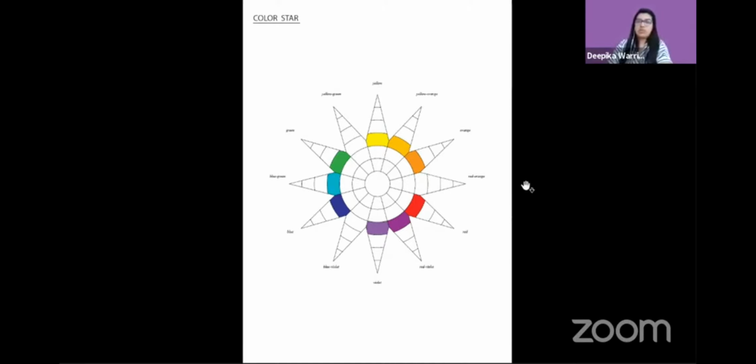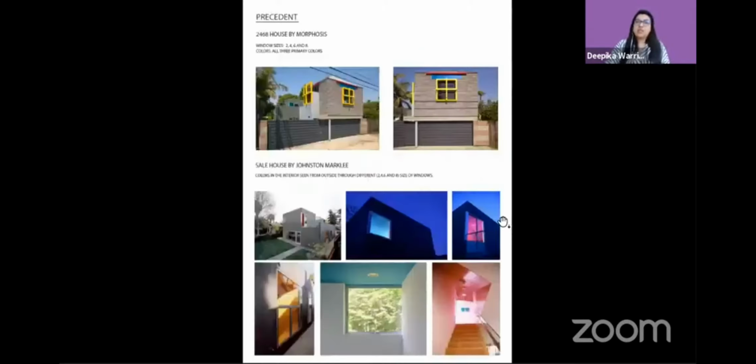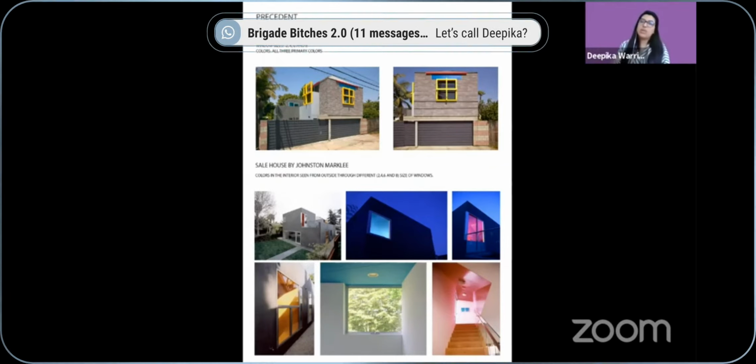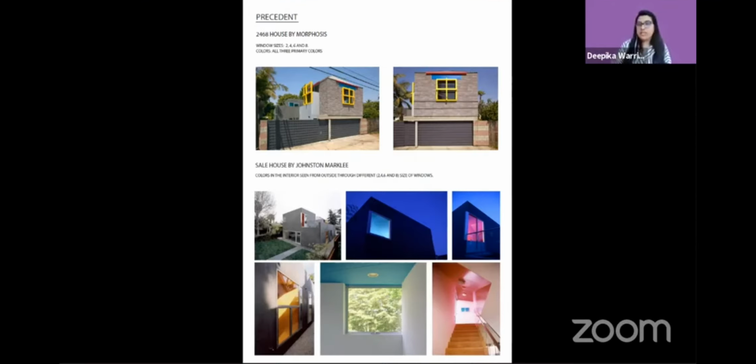The 2468 house by Morphosis and the extension of the same house, the sale house by Johnston Markley. The 2468 house studio has each window on its four sides painted bright yellow, the blue lintels, and the red scrubber. The sale house takes this platonic geometry and primary color to another level, using bright pink, turquoise, and yellow